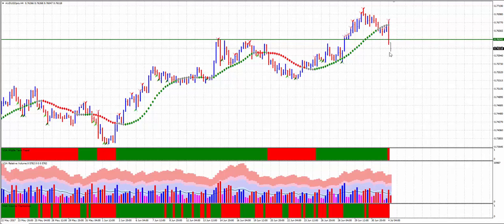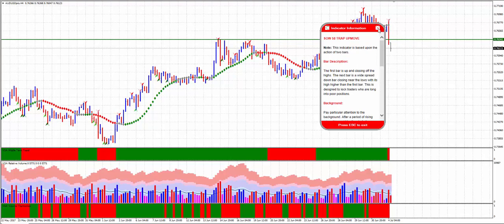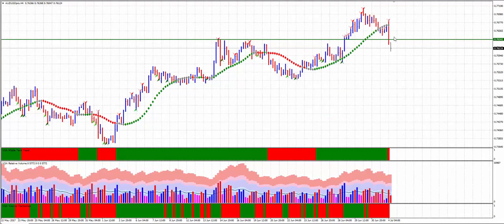Now today, as I spoke about in my previous video on the Aussie CAD, we've got a trap up move on the 4-hour chart, and that's due to the interest rate decision where the RBA left rates on hold, and it looks like they'll be holding them at the same level for some time. So that's why we've seen a weaker Aussie dollar. If you look at the price action, we've seen it break back beneath my trigger point here.